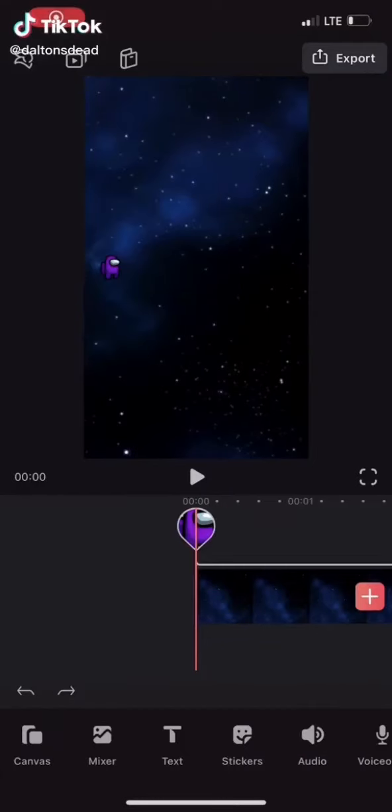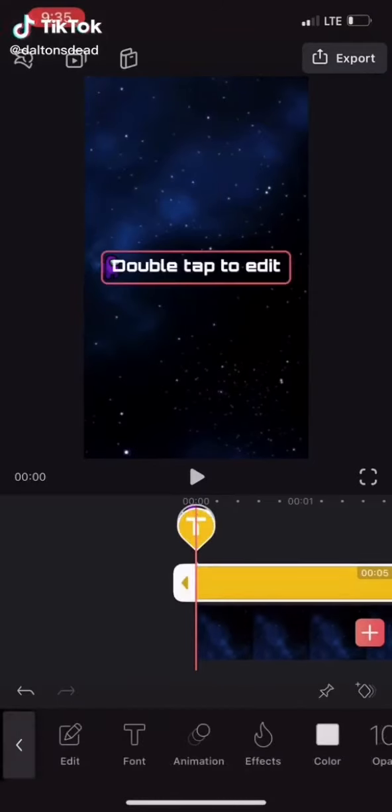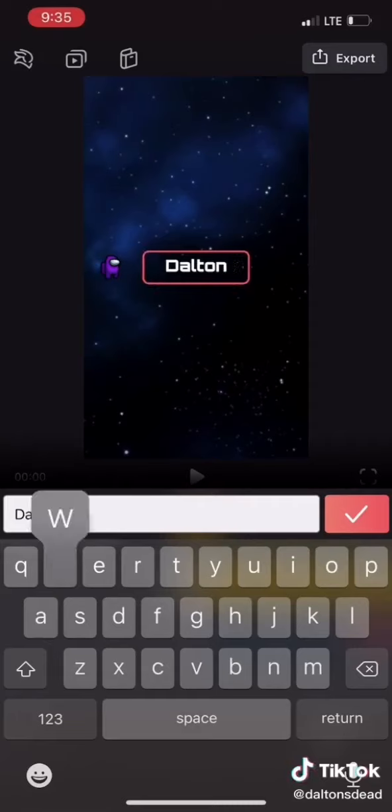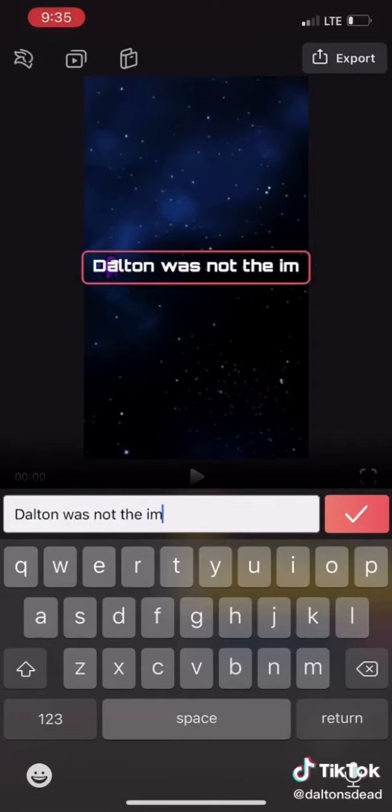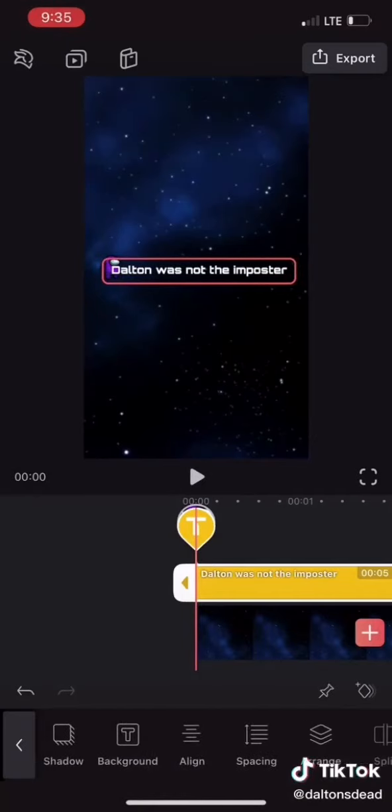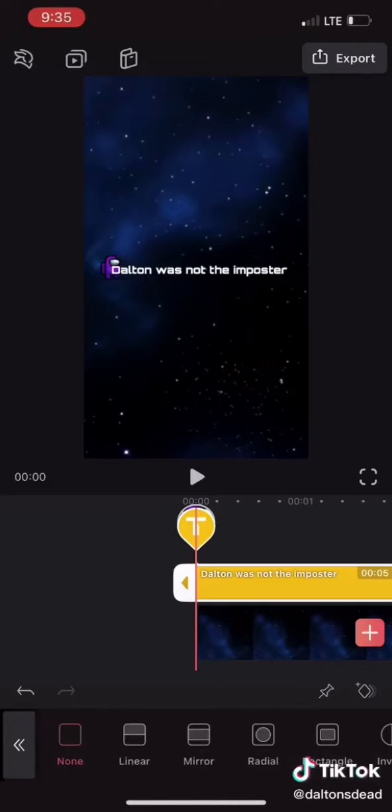So last part is to add text. If you're in any menus, there'll be a little arrow on the bottom left. Hit that a bunch until you can see the text button. Then you're going to put in whatever text it is that you're putting in right there. Dalton was not the imposter. Who cares? Scale down, and then you're going to scroll, find mask, click that, linear,